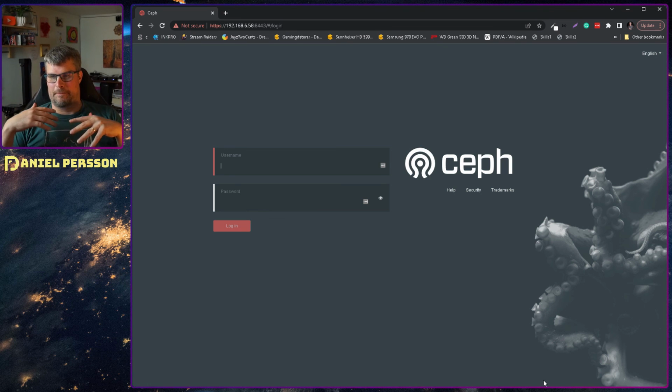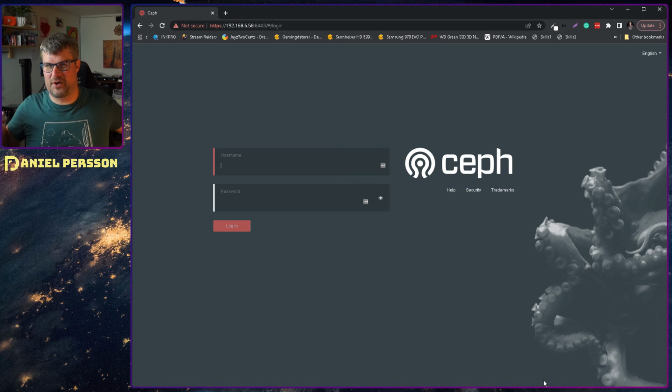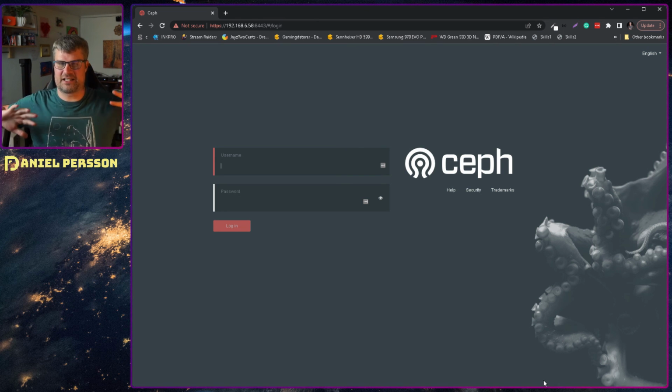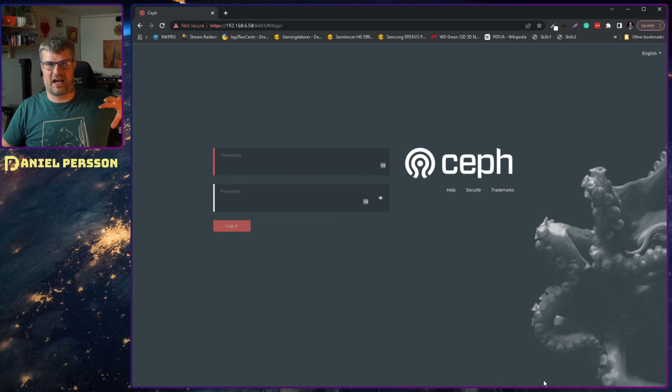So if you have multiple data centers, of course, you don't want all your eggs in one data center if that data center disappears from the earth. So the failure domain should of course be on different data centers. So this was what I wanted to cover today. There is a bunch of more advanced ways of using crush rules,